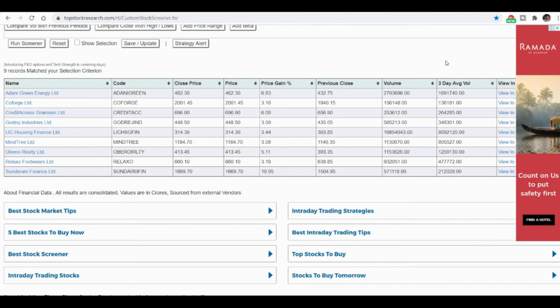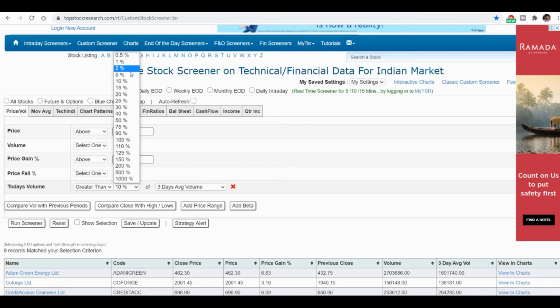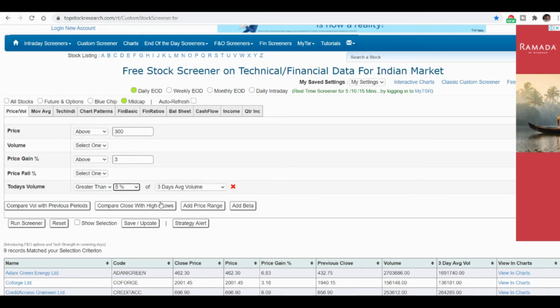Another method is whenever there is a small move in average volume increase, when today's volume is a little bit greater than the last 3 days, around 2% or 5%, and the price is slightly increasing, then you can see the potential for the stock to move further up. It means that FIIs or DIIs are starting to buy a particular stock. Then you can go and take a long call or buy position in the stock with a strict stop loss, or if it starts going in the opposite direction, then you can take the put option for that.